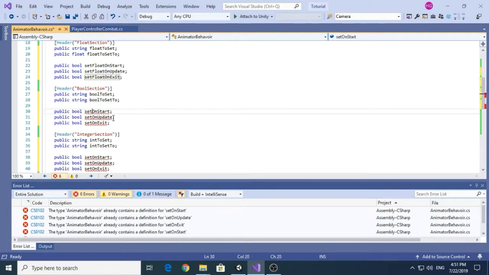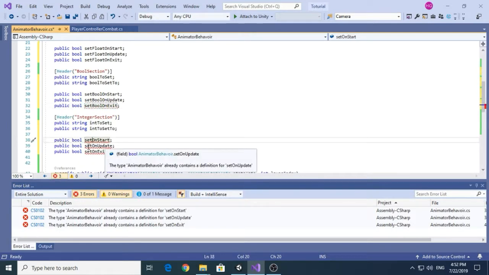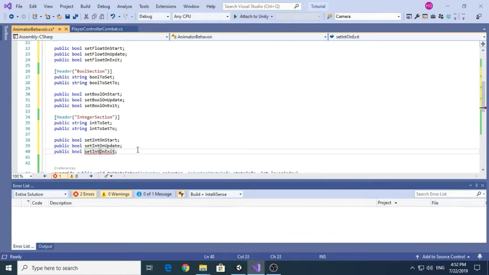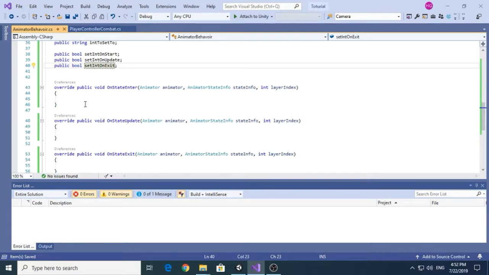Now make this for all of our 3 other sections. Rename them. Set float on start, set float on update, set float on exit, and similarly bool on start, bool on update, and integer as well. Now let's enter the method. Finally,